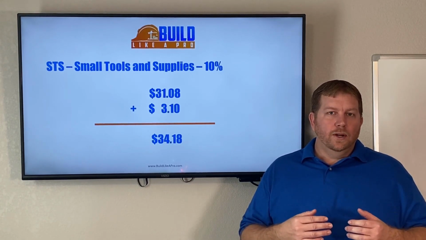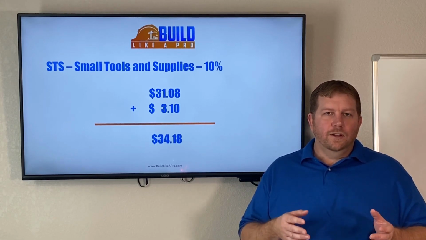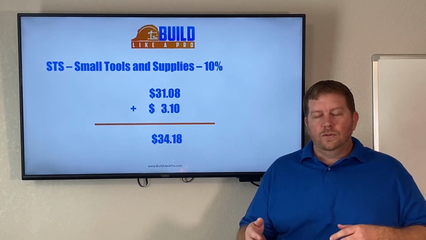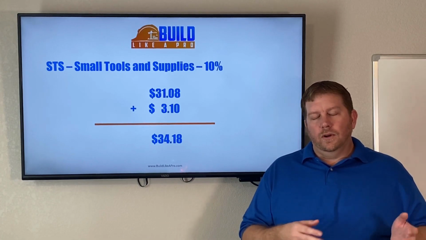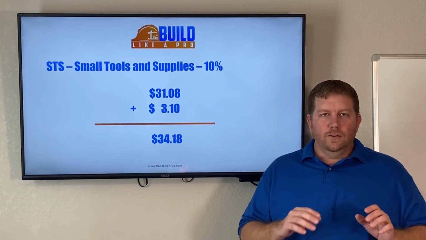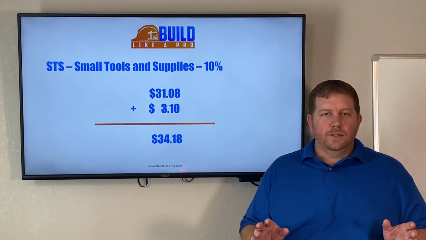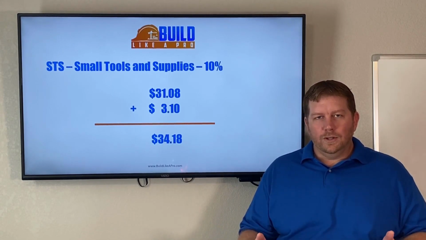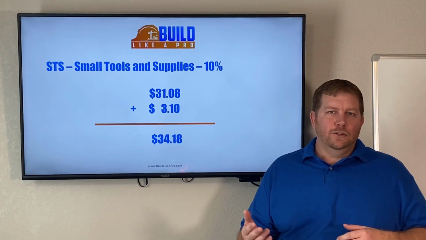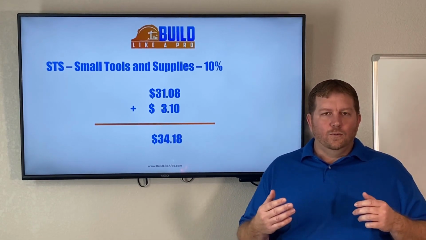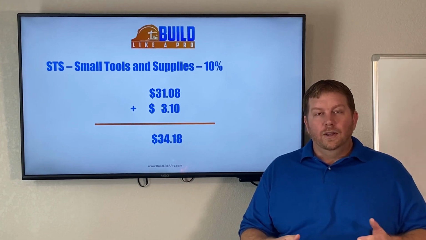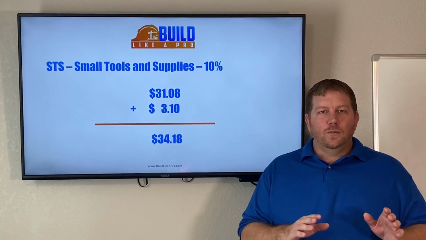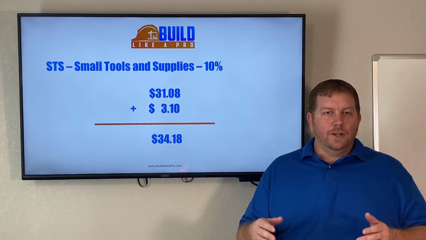For what I do in my normal daily work, about 10% of the labor rate goes to us replacing tools that either get used or damaged or need to be replaced throughout the year, and that way we have a budget already plugged into our labor rate to cover all those expenses. Now I know everybody should take care of their tools, but the reality is tools wear out and they need to be replaced. So if a guy needs a shovel to do his job and he breaks the handle on a shovel, well, it could be his fault depending if he was using the shovel wrong. But he's still going to need a shovel to do his job, and you're going to have to go out and buy him a shovel. This way you have a budget already programmed into your bid to cover the cost of buying him a shovel.